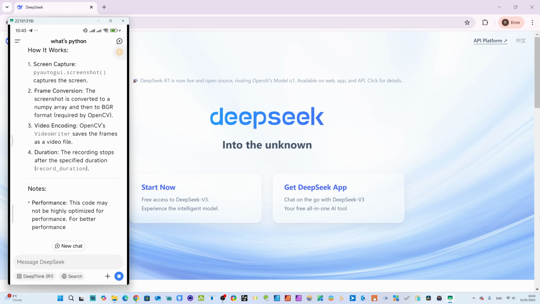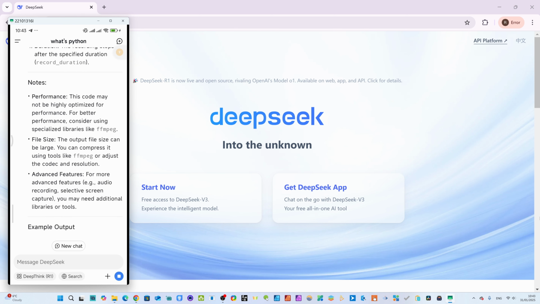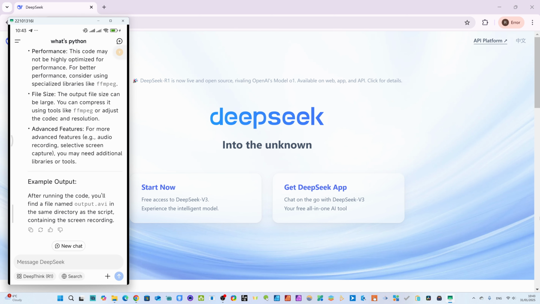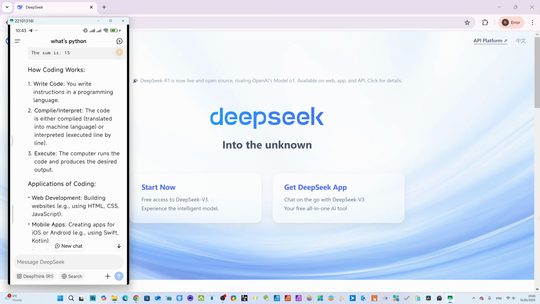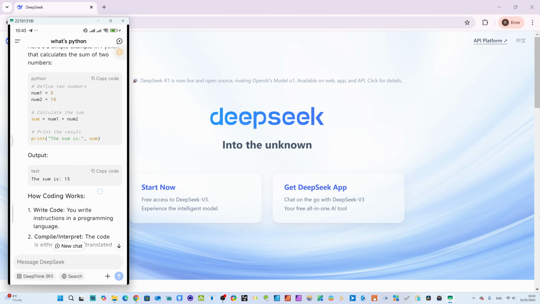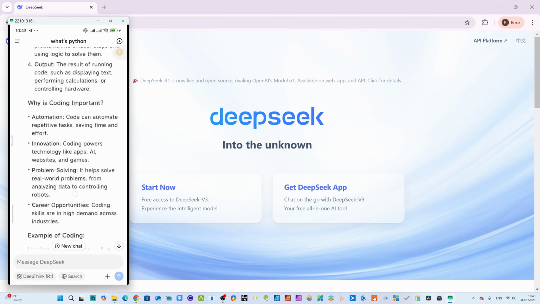It will help you a lot to write code. If you are a programmer or even another kind of person, you can use it for your field. If you are a translator, an inventor, or a research scholar, you can use it day to day for your tasks. You see here it's just so impressive.